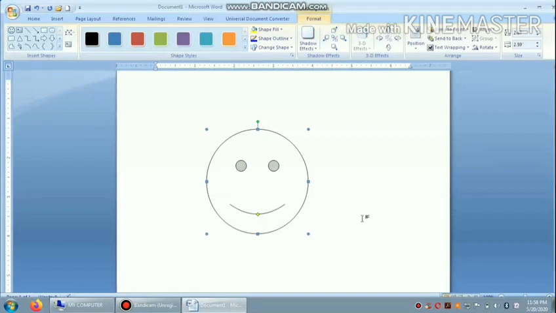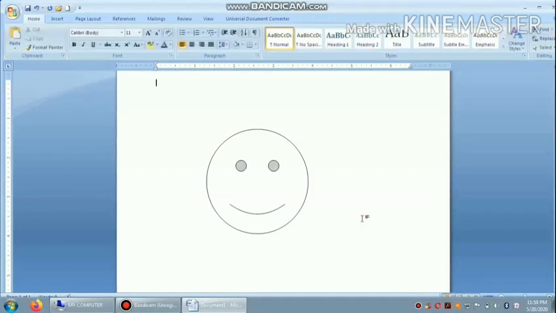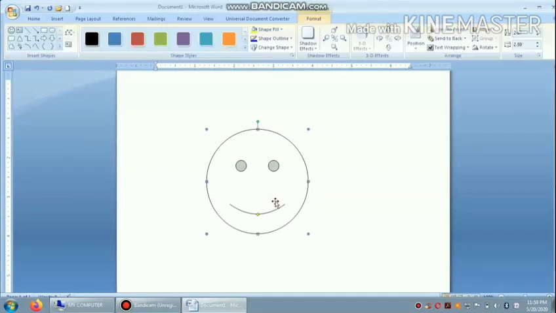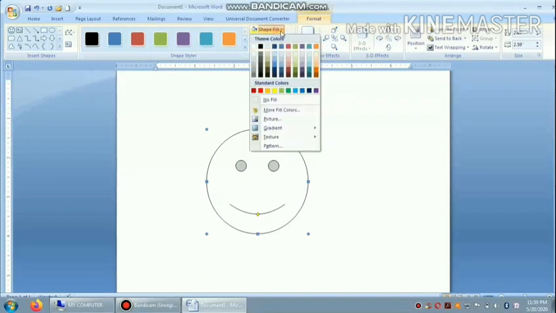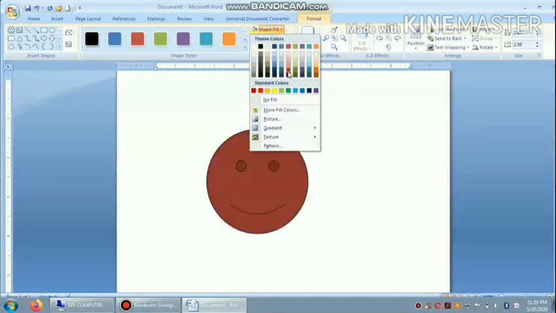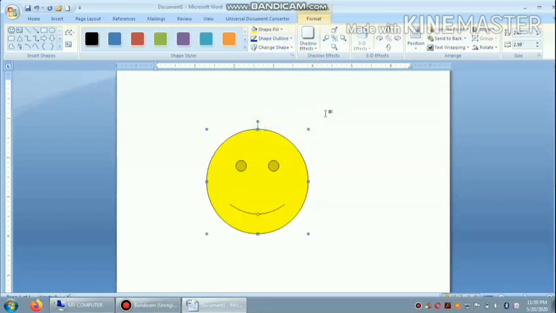You can also do formatting with shape. How we can do that? Click on it. This way we can fill color in our shape, we can give an outline border to our shape, or we can change the shape. For example, shape fill. In this I will tell you how to fill color. Select any one color according to your need, then click on it. Your color is filled in your shape.